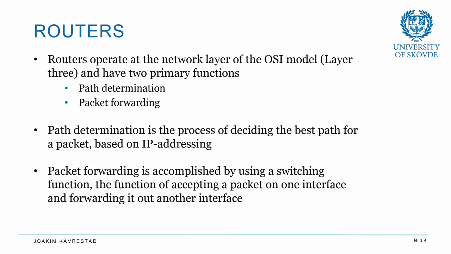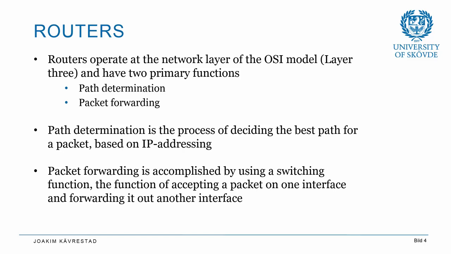So let's begin with talking a little bit about the router and the role of the router. The routers operate at the network layer, layer 3 of the OSI model, and they have 2 primary functions. The first function is path determination, meaning that routers are like post offices. The role of the router is to receive packages that are destined for some network, and based on what the router knows about the rest of the world,